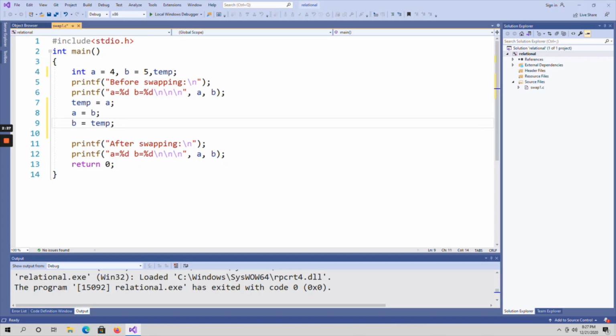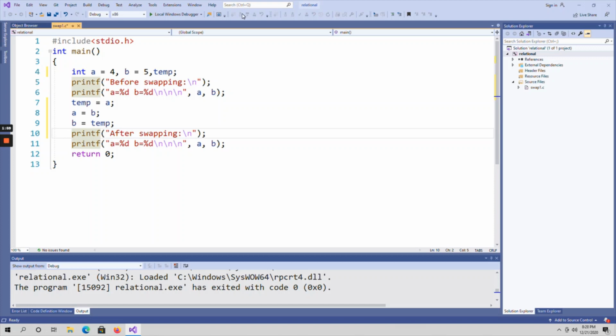B, that is 5, is being stored in A, so A is now holding a value of 5. And again I am assigning the temp value, 4, to the B variable. Like this I am performing the swapping operation using a third variable. This is my code, and after swapping I am printing the values of A and B.